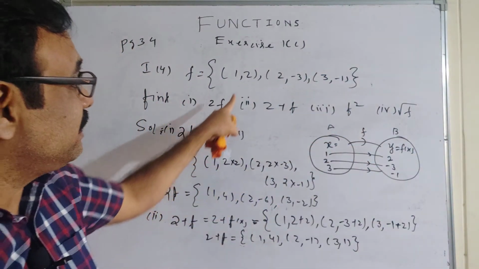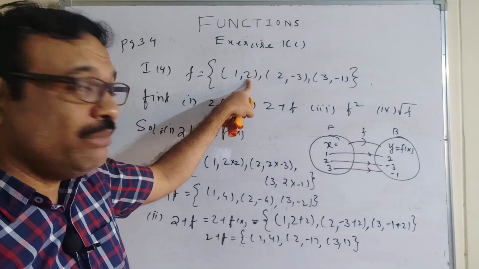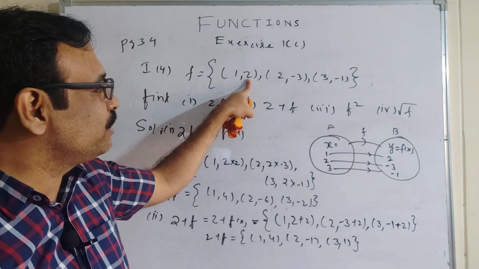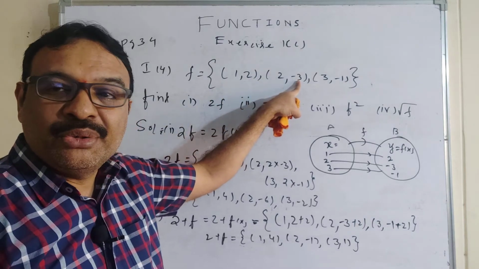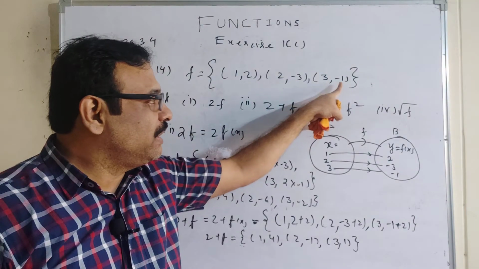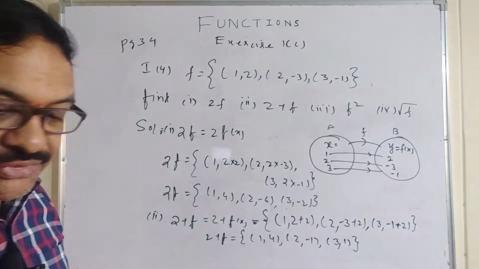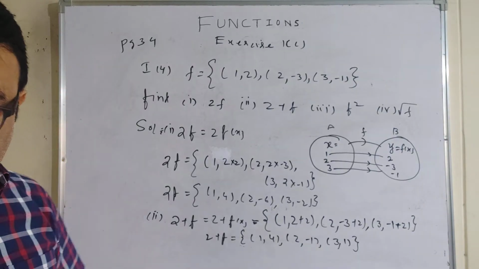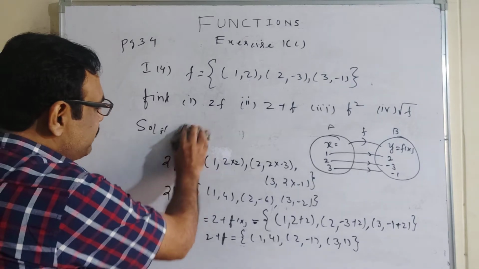That means you need to understand that the domain element remains as it is. For the codomain element you will be applying square root of 2. Domain element will be as it is, codomain element you will be applying square root. Domain element as it is and codomain element will be applied square root. I hope that you have written this one. What I'll do is I'll be arranging this part and I'll start doing the rest of the 2 bits.